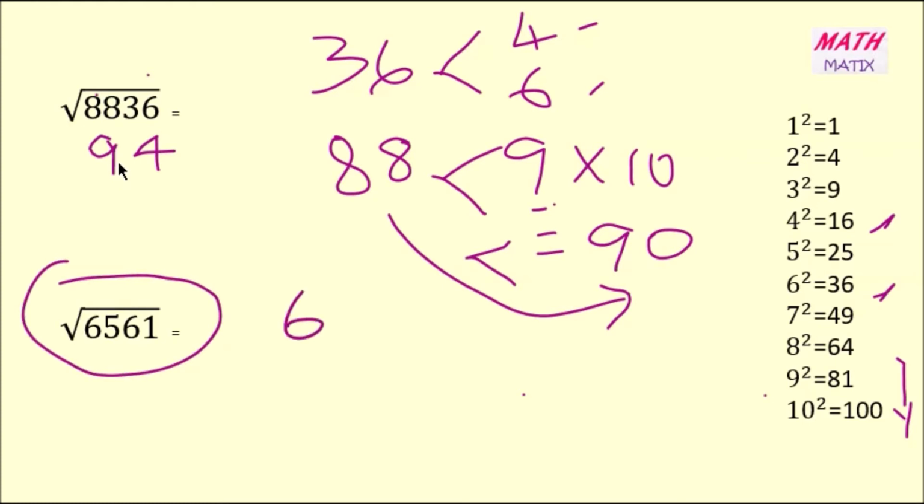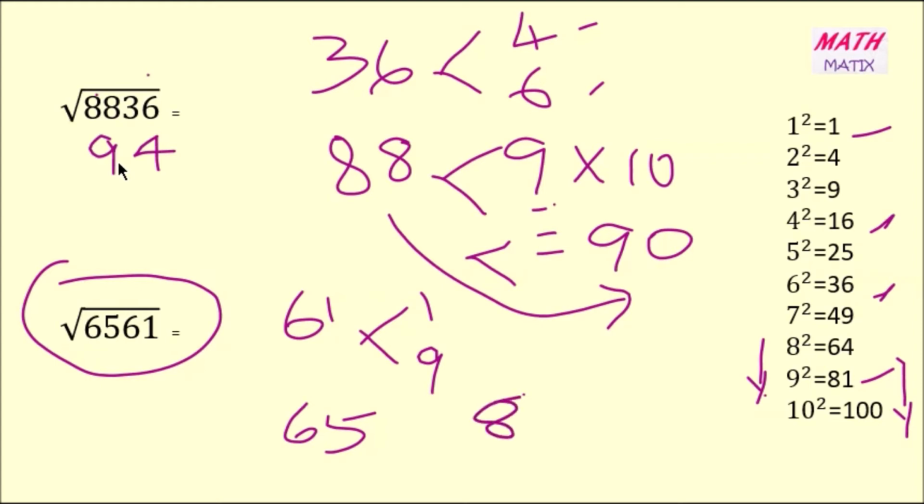Same way, taking the first pair 61, the ending number 1, and 9 are ending with 1. So I will write it down, 1 square and 9 square. So 1 and 9, and then taking the second pair 65. 65 is falling between 64 and 81, 8 square and 9 square. So the smallest number is 8. 8 into the consecutive number 9, which gives 72. 8 nines are 72.